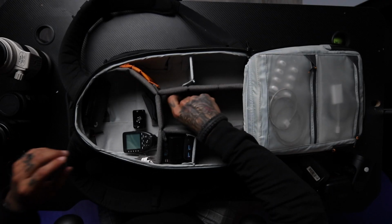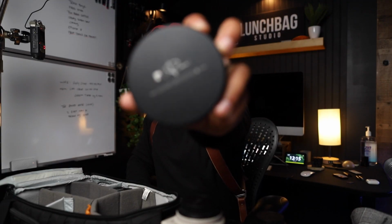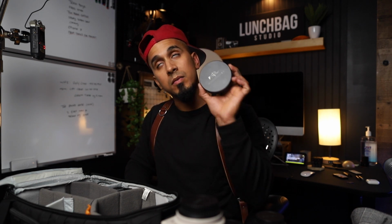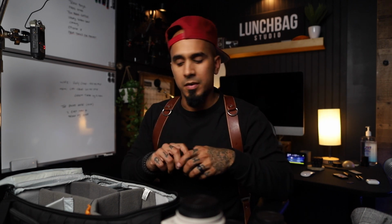And then a lot of details. I got my Peter McKinnon variable neutral density filter. This is the 2 to 6, 2 to 8, what is it? 2 to 5. I was off. 2 to 5 stop Peter McKinnon Polar Pro variable neutral density filter. That's a mouthful. Incidentally, I also did not use this. We wound up getting things started a little later in the day, so there was no need for it, but